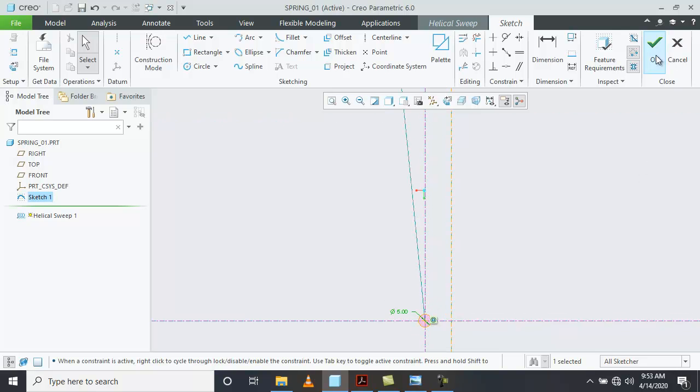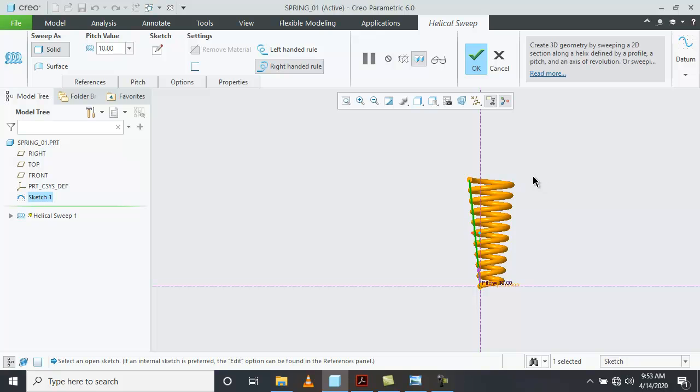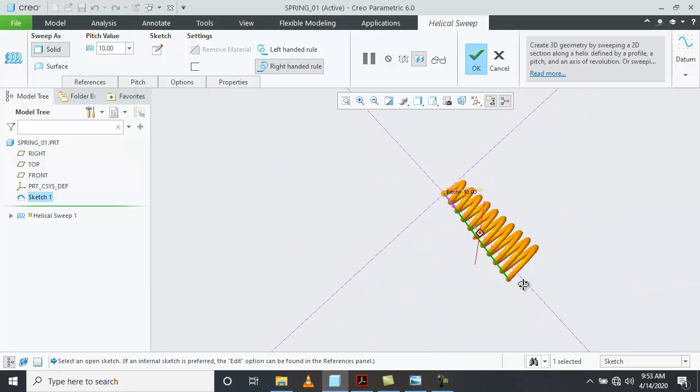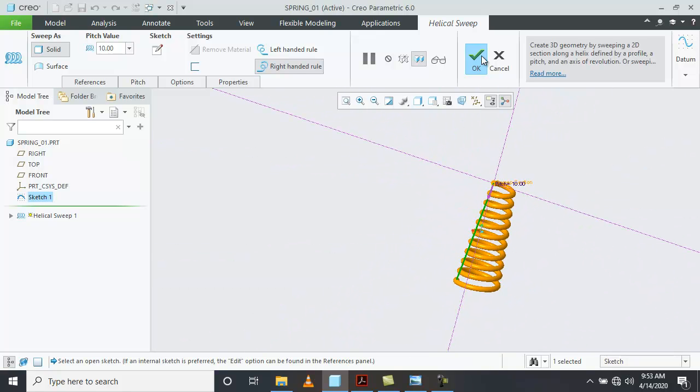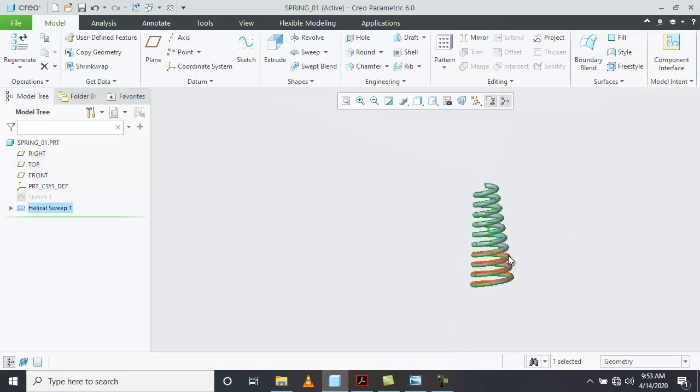Now click OK. You can see the preview of your spring and I will choose OK to exit the helical sweep command. Now you can see here